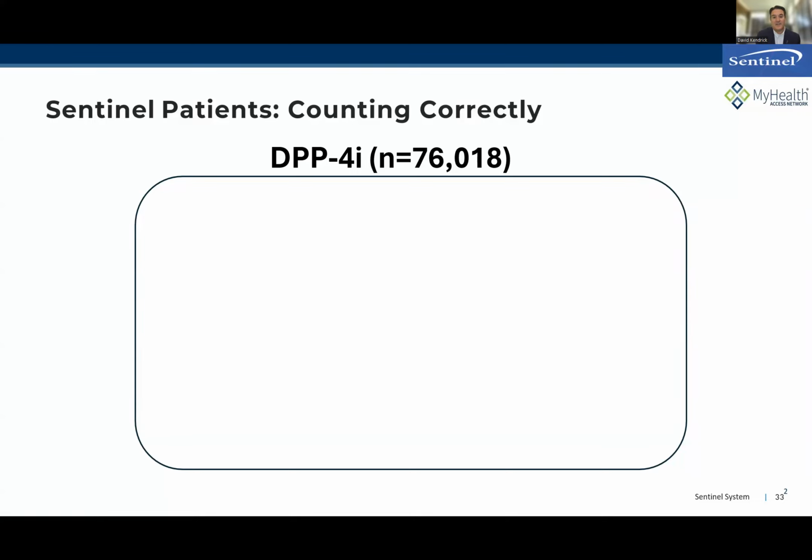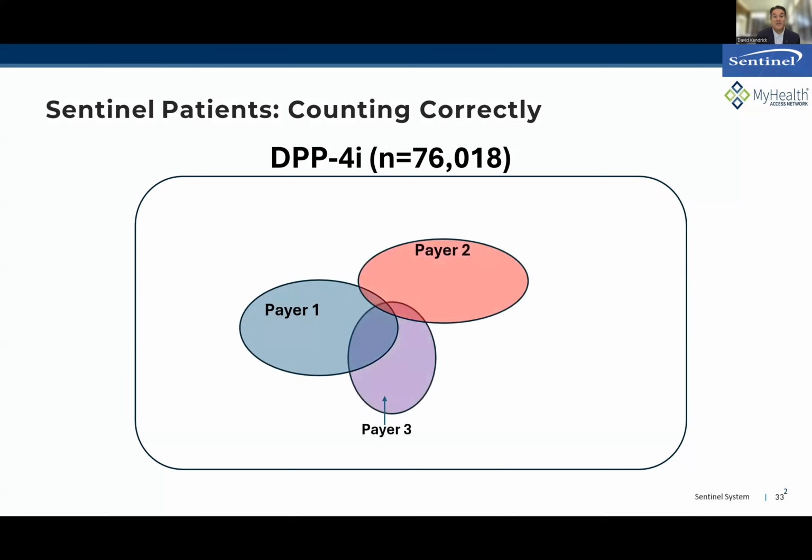You see there the 76,000 patients, and here represents payer 1, payer 2, and payer 3. So we had 3 sets of payer information. The first thing you'll notice is that those payers indeed overlapped. In fact, there's an intersection point where a set of patients existed at one time or another in all 3 payer data sets. This is important to recognize, and you can see here the relative percentages of those populations.